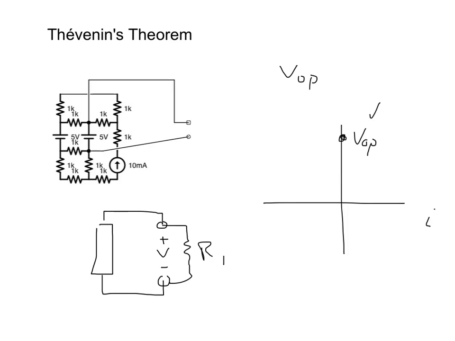So I'm going to define I to flow this way. But of course, if the voltage here is plus here and minus there, the current is actually going to flow this way. So the current I'm going to get is a negative number. That's because it describes the black box and not the resistor. And so I can imagine that I put some resistor in whatever it is, and I get a